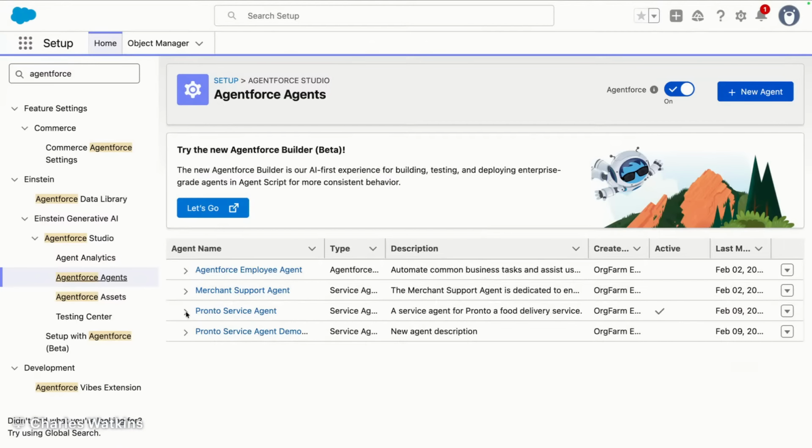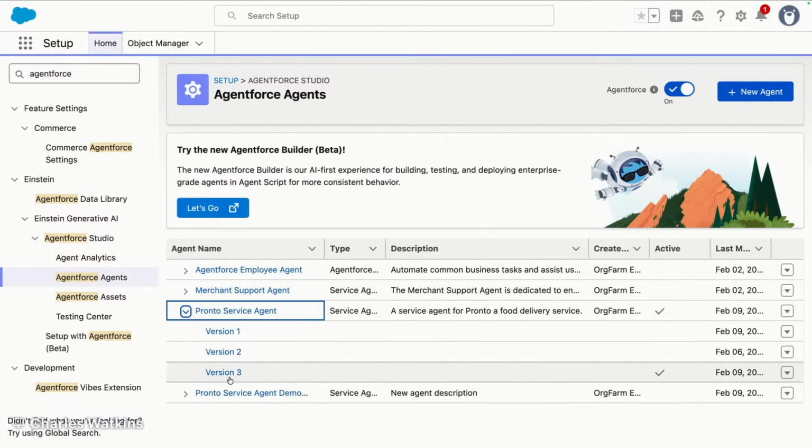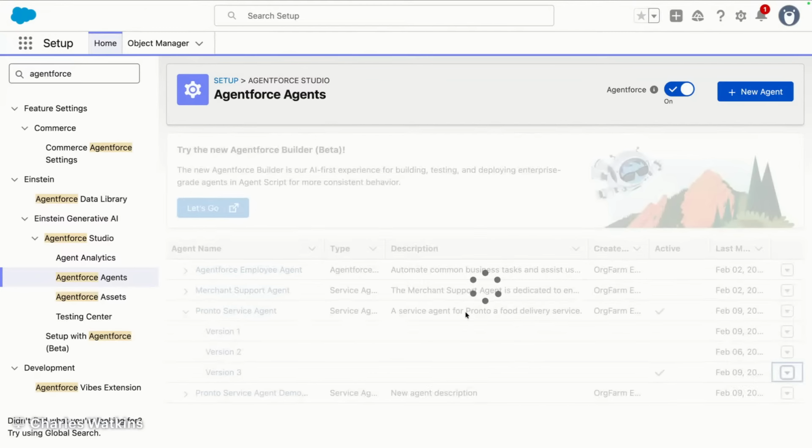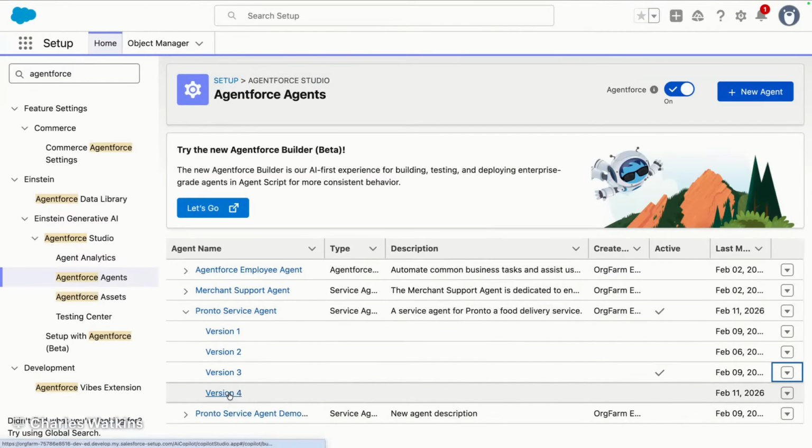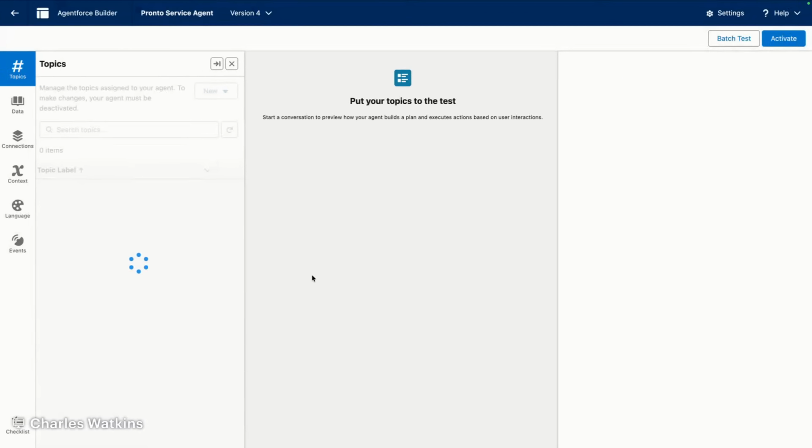And we'll go to our service agent. Now we have version 3 here, it's active. We're going to go ahead and clone it. We're going to clone it so that we can edit it, because you can't edit an agent that is active, right? So we're going to open up version 4,